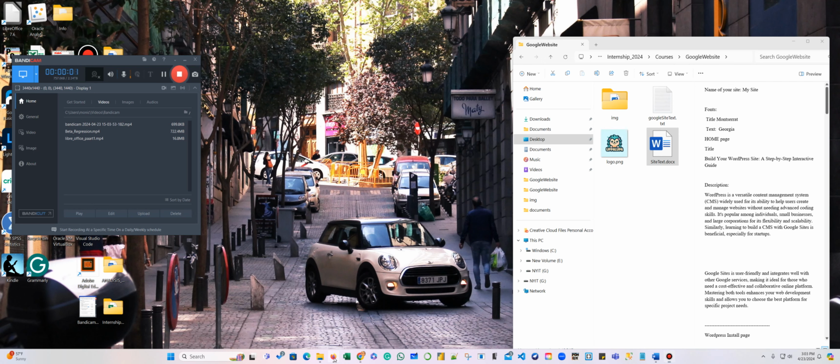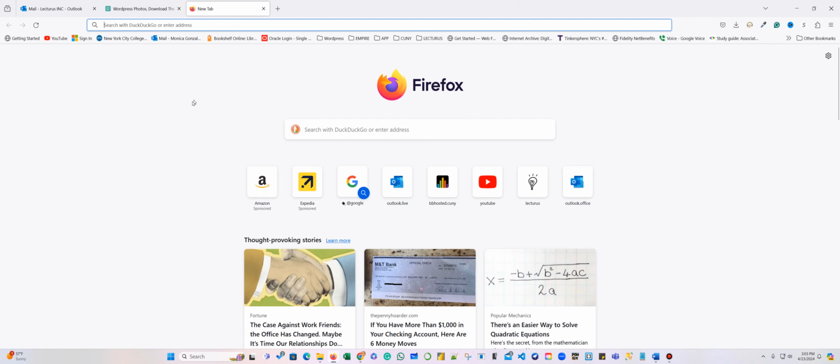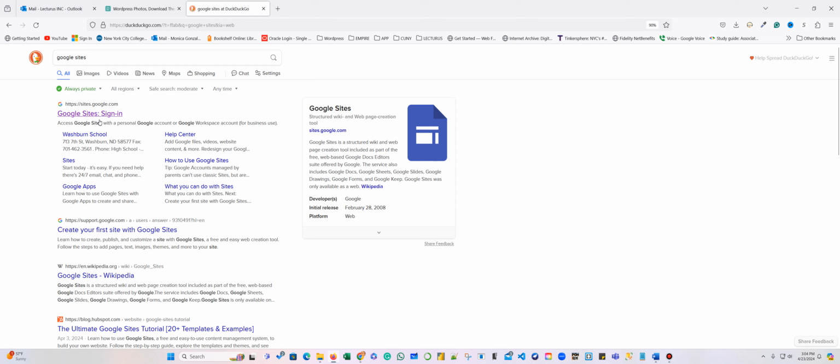Hello everyone. So today we are going to learn to do a Google site. It's free by Google, and the only thing that you need is an email account. So let's go type in the search Google Sites. You can go here in Google Sites link,